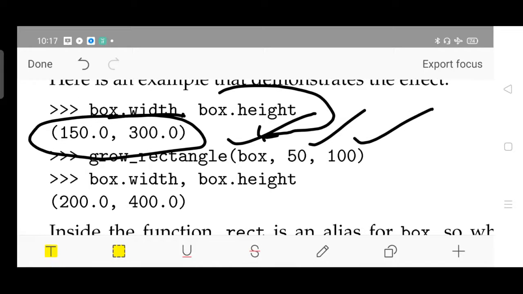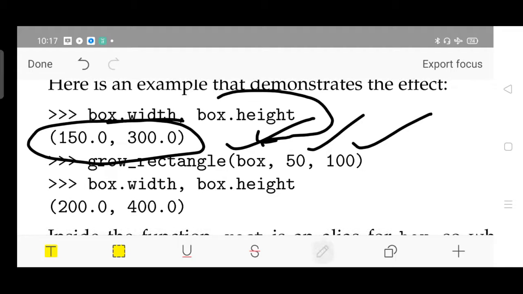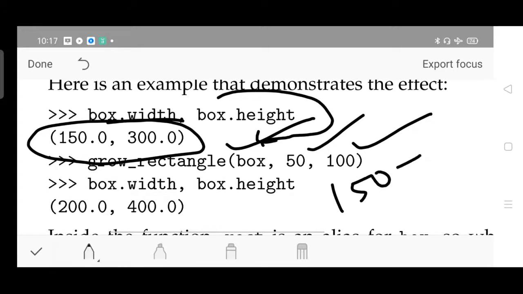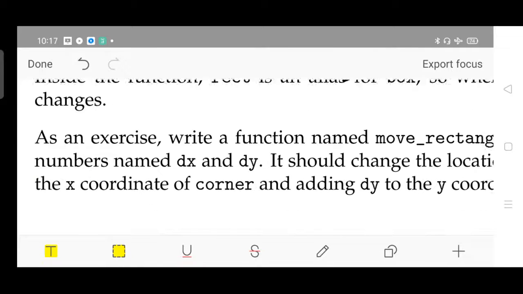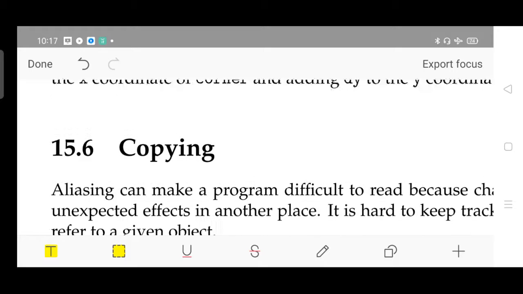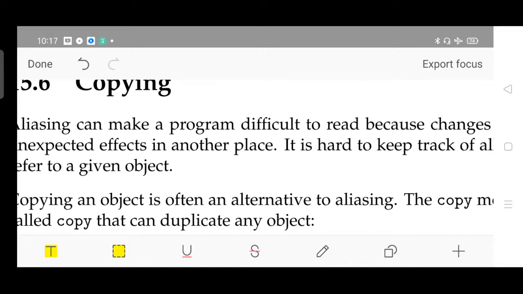What will happen? 50 will be added to 150, that's it, 150 plus 50, and 300 plus 100. So 200 and 400 are the values you are getting. Okay, that's all about mutability. Very simple topic.